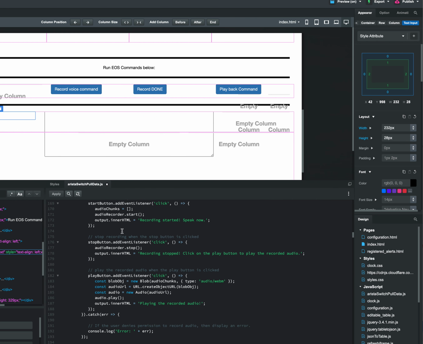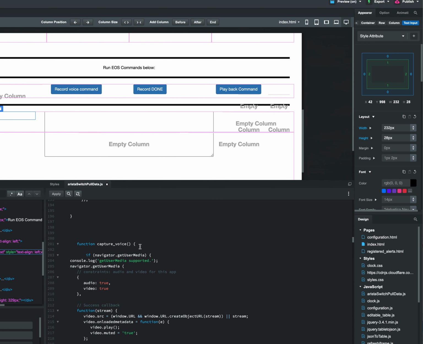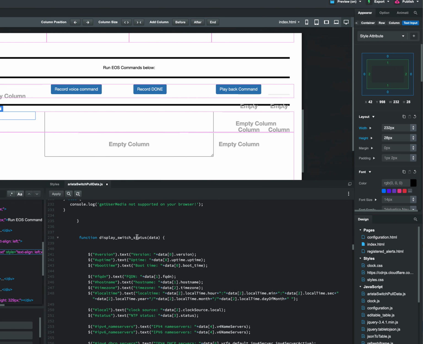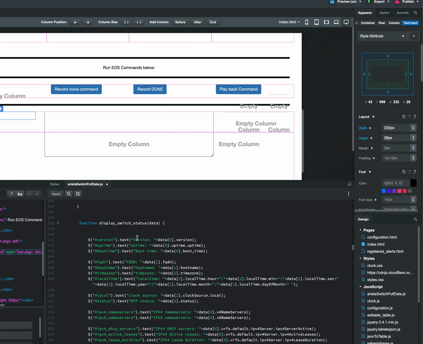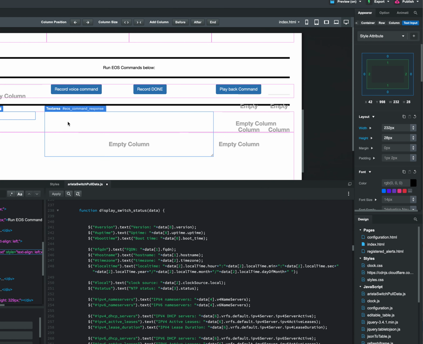There's more audio recorder stuff that I didn't really use. Capture voice. I was really trying to get this voice capture to work and don't have that working yet. So here's display switch status. Basically all these boxes here have a name, and I get back one big long JSON